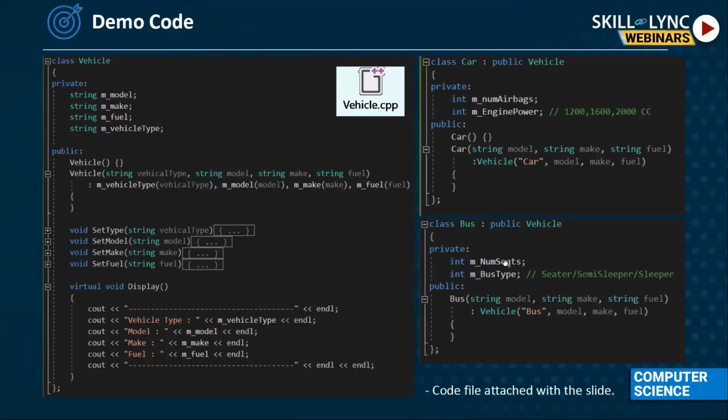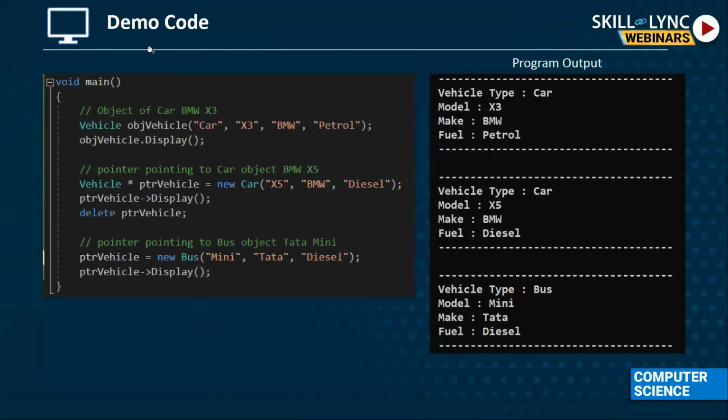What you can see here is code which shows a base class, vehicle, and the classes derived from vehicle, that is car and bus. This is our main program, where we write algorithms or whatever we are expected to do. Inside this we are creating objects, creating pointers, and displaying the values. So everyone can focus over here.